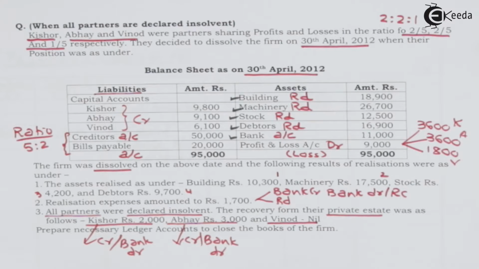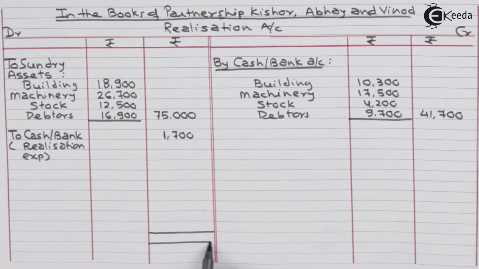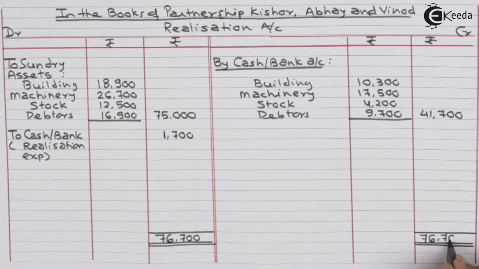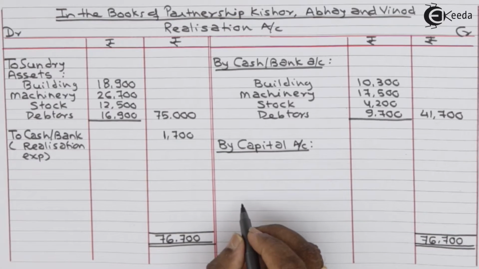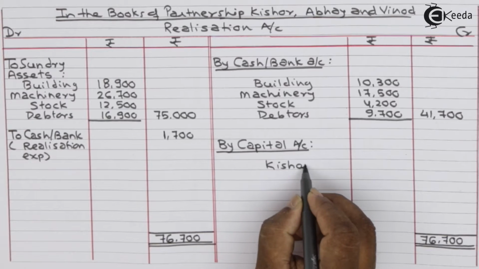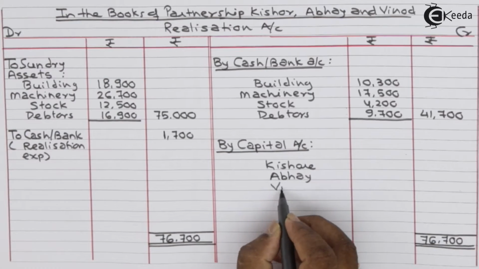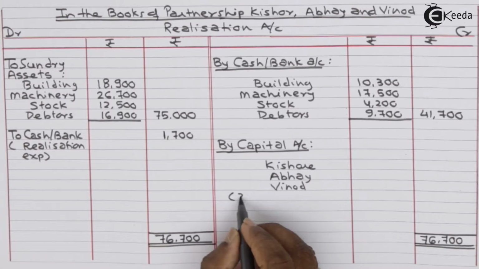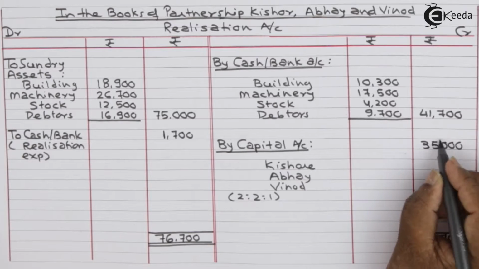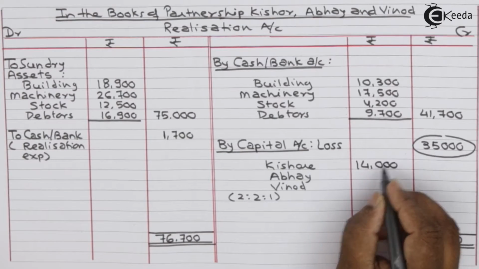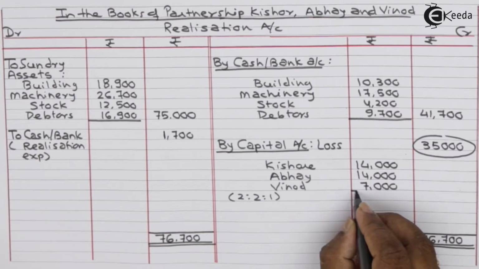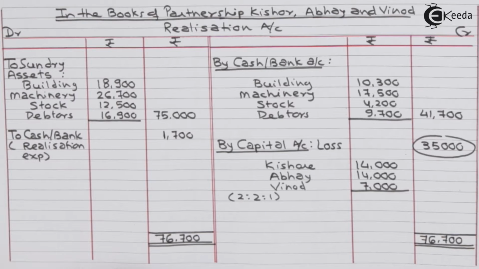First we are required to close realization account. Realization account is closed. Debit side is heavy